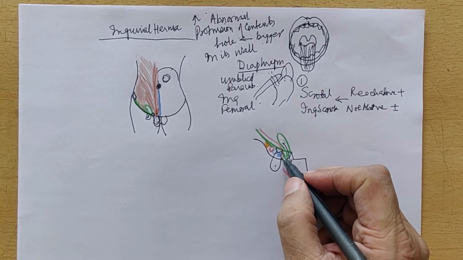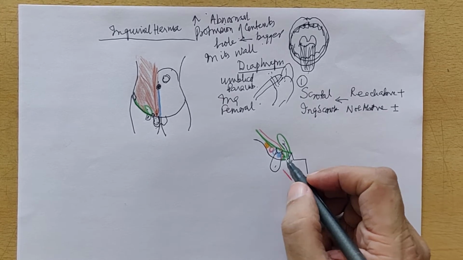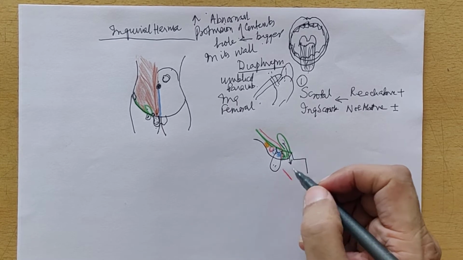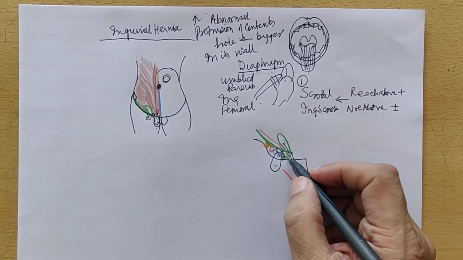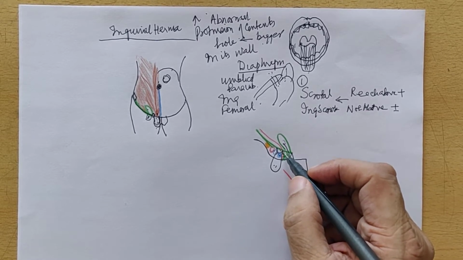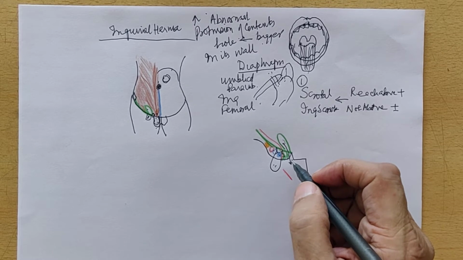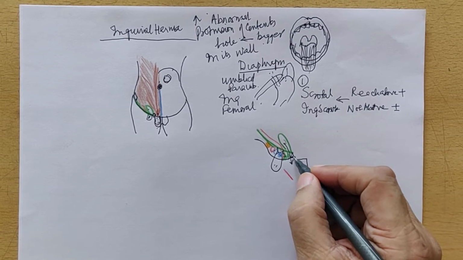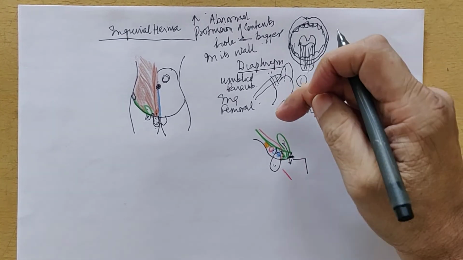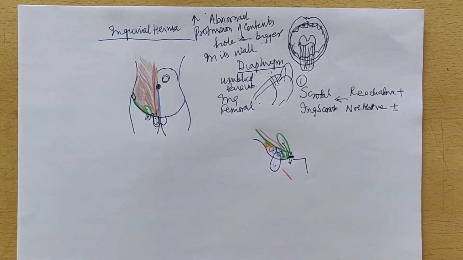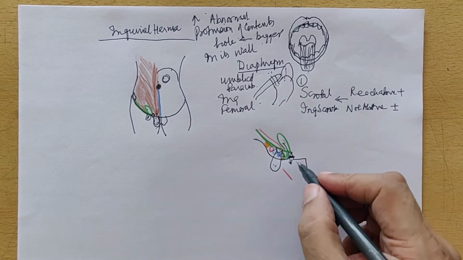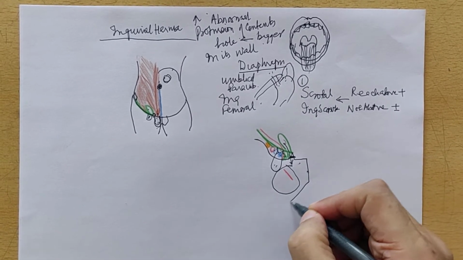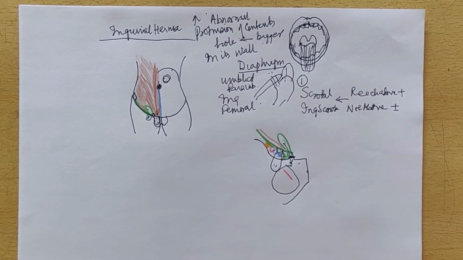So what you have to do is that you have to decompress it. Now you can't go this way, you can't go this way. If you go up, you are going to damage the inguinal ligament, and if you go medially, you are going to damage this accessory obturator artery, which we have named as corona mortis. Therefore the easiest thing to do is that you fracture this pubic tubercle, lift off the inguinal ligament, and then reduce the hernia. So that's the way to stop strangulation here. And here is the obturator foramen. Okay. So this is about the femoral hernia.